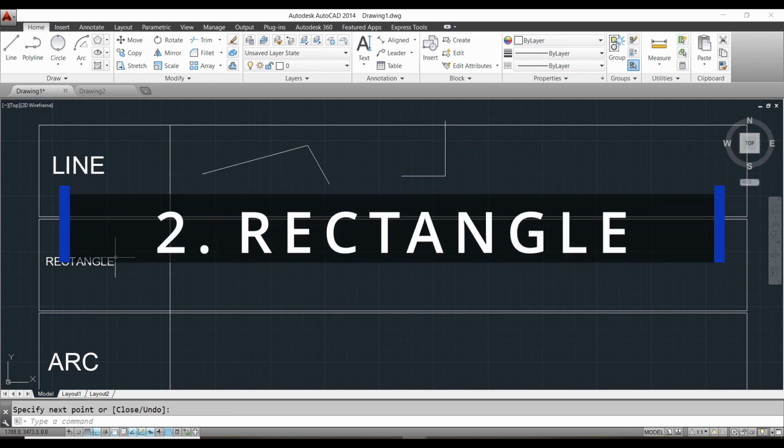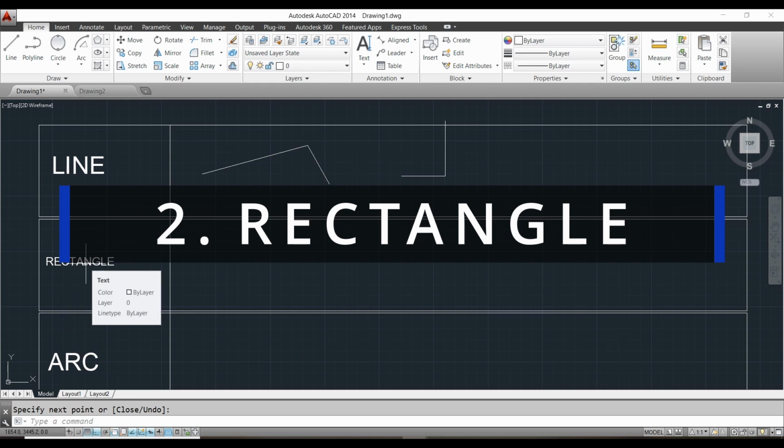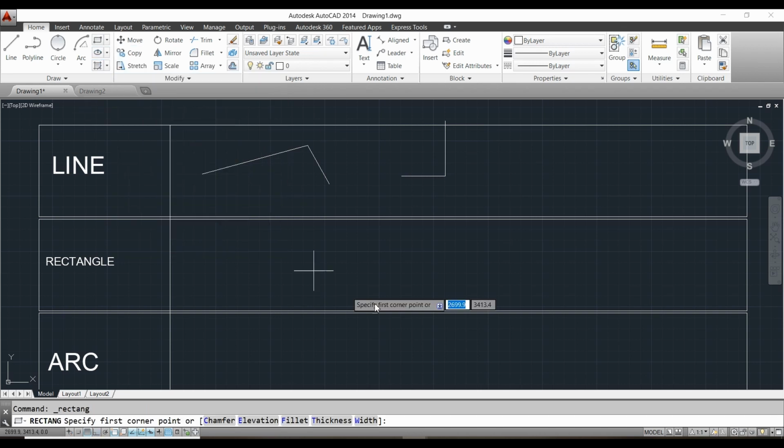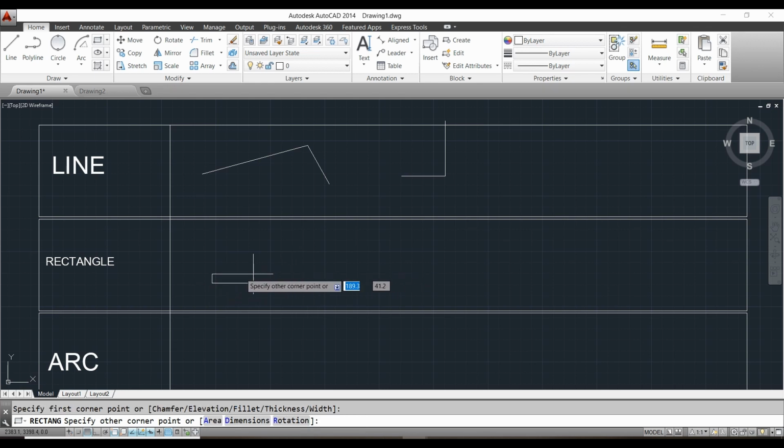The second tool that we want to study is the rectangle. The rectangle tool is shown with the symbol of a rectangle here, so you have to click this one. Here we have to select the initial lower point. Now from this point we can type the length and height of the rectangle.